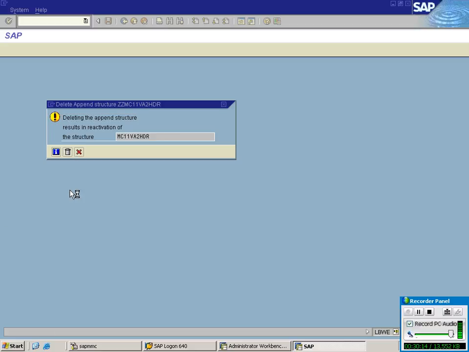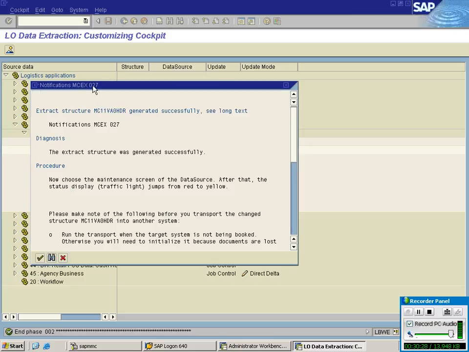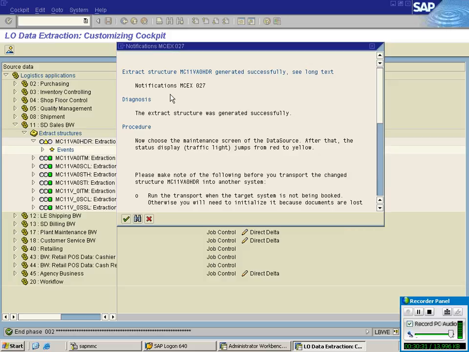The setup tables are generated automatically whenever you are maintaining the extract structure. Now, whenever you maintain the extract structure, the system will generate the setup tables. The extract structure followed by underscore setup is the naming convention.